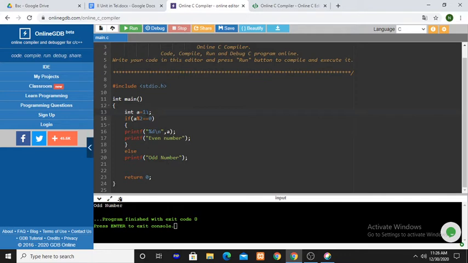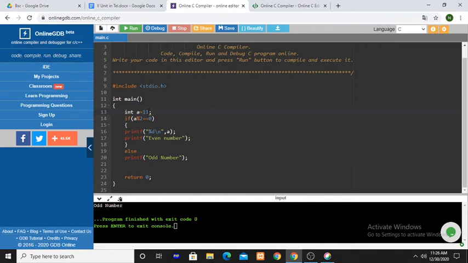In case of a equal to 10, the output is 10 even number. In case of a equal to 11, the output is odd number. If you give the value 10, these two printf statements are executed. If you give the value 11, only this statement is executed.